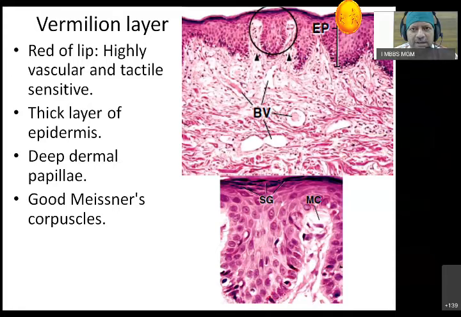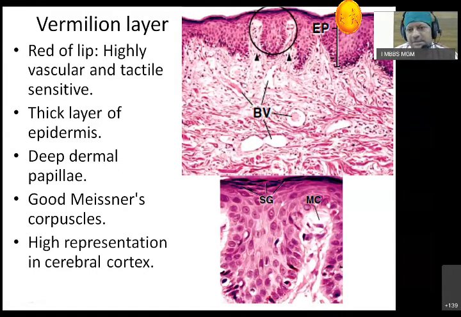Even if I close my eyes, I know whatever food I'm putting in my mouth, whether it is soft, semi-solid or hard, and that gives the reflex action to the rest of my function: what type of chewing I'm going to do and how I am going to hold the food. That is the reason, in sexual activity also, we always talk about kissing. It gives maximum sensual sensation. That is why the lip is utilized for that. It is highly represented in the cerebral cortex.